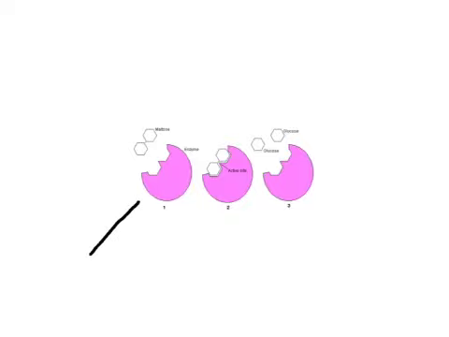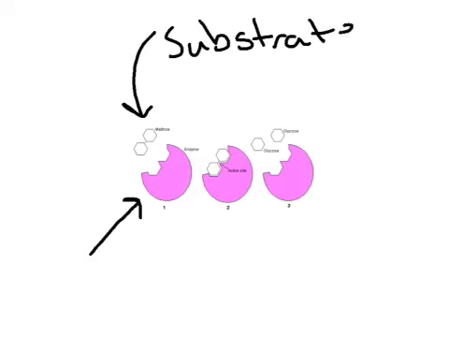Now, let's take a look at this enzyme here. This is the enzyme in pink. This is the word that we call a substrate. And a substrate is the material that's going to be reacted, the reactants, if you will. The substrate could be one substrate, or there might be two, depending on the chemical reaction and what the product is. In this case, we're going to take a maltose, which is going to be the substrate, and we're going to break it up into two glucoses. This has to happen in your body. If you eat maltose, you have to break it up into two glucoses